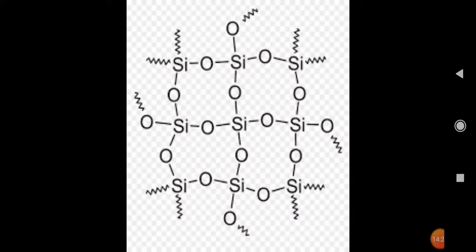Next are the compounds of silicon. There are a number of silicon compounds. One is silicon dioxide, another is silicone, next is the silicates, and finally zeolites. When we observe the first one, silicon dioxide, the structure you are observing here has the formula SiO2. 95% of the earth's crust is made up of silica, which is available in the form of quartz, cristobalite as well as